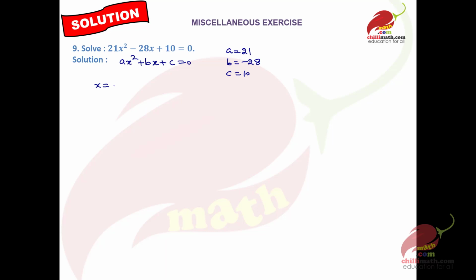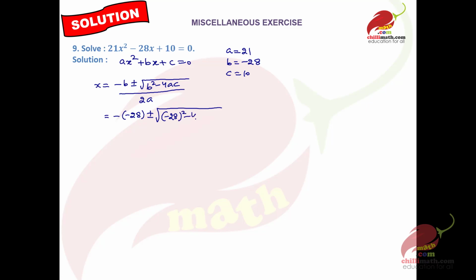Using the formula to find roots, that is x equal to minus b plus minus square root of b square minus 4ac over 2a. On putting values of a, b, c, we get minus of minus 28 plus minus